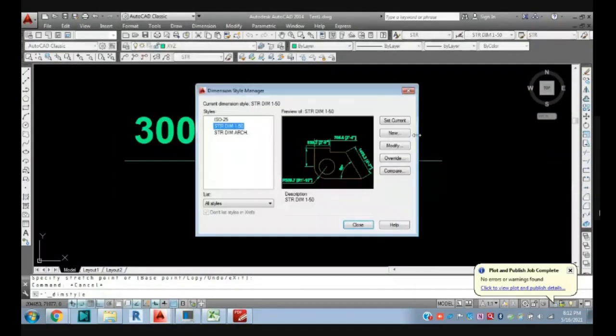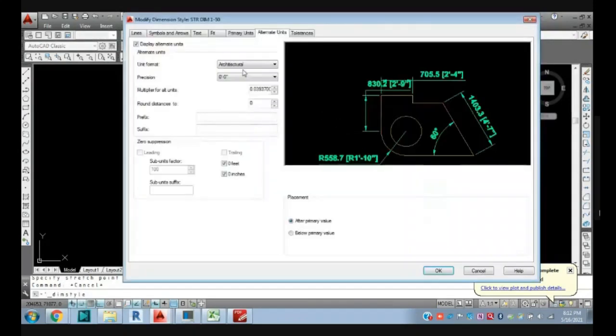So just go here, dimension style, and modify here. Okay, multiplier unit. So you can check, or you can alternate, or you can cross check your units and dimensions along with the alternate units. We do not mostly use this option, just for your reference.